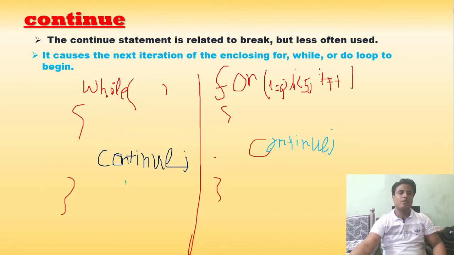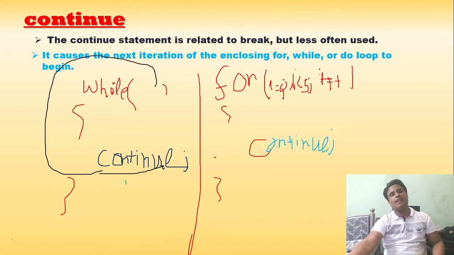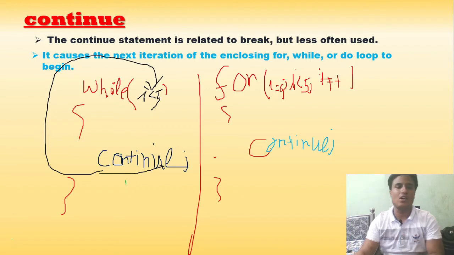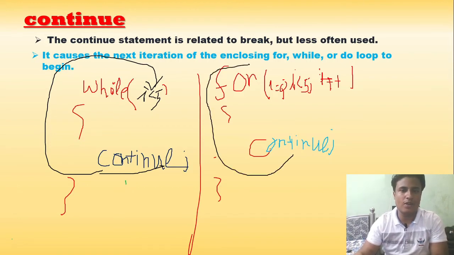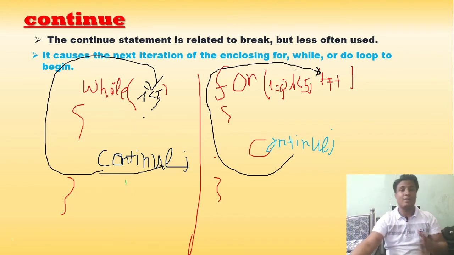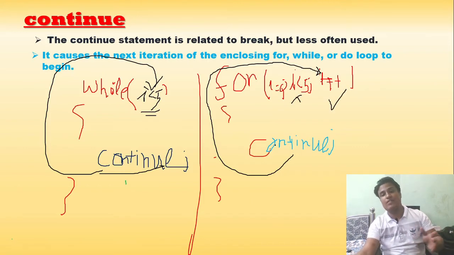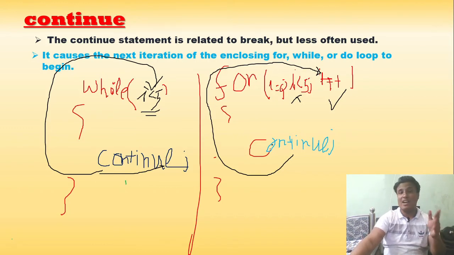Let me explain how it works differently in both cases. In the first case, whenever you use continue, we go to the condition part here. Suppose the condition is i less than 5, so you go to the condition part in case of a while loop, and in case of a for loop we go into the updation part. This is the difference between while loop and for loop while using continue, and I will give you an example when I discuss this part. So you can see this goes into the condition part, and in this case it does not go into the condition part, it goes to the updation part. This is the basic difference of continue while working with while and for loops respectively.